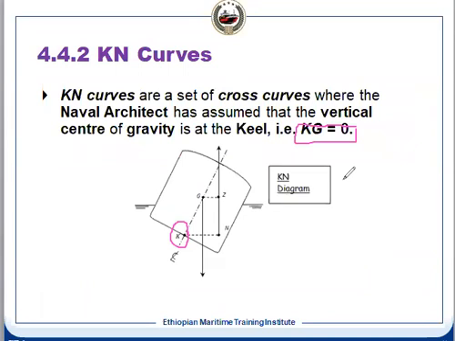Yeah, Melissa, tell me. The minus sign will be there. Yes, because it cannot go beyond this. It will move in the upward direction. That is the reason it will always be minus. So to avoid this plus minus sign, we make KG zero and we make a similar curve. We get the GZ and we make a correction. We'll put the negative sign. So that is called the KN curve.